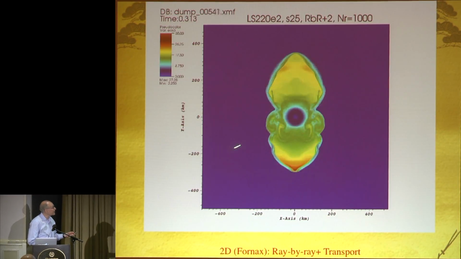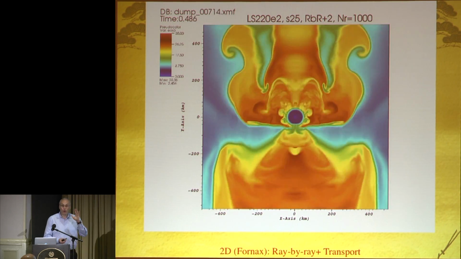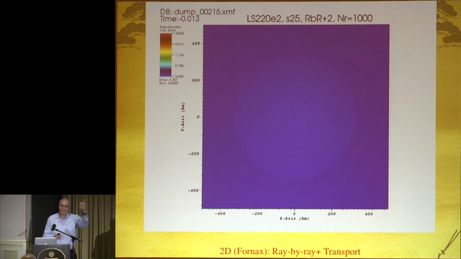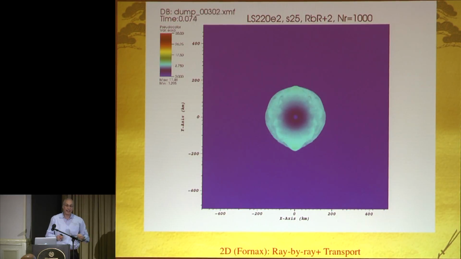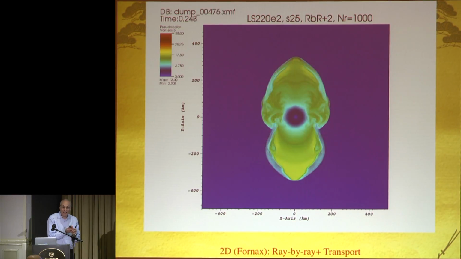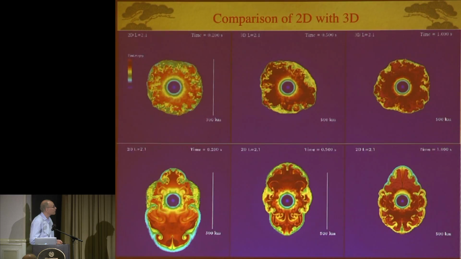And the reason for this is that along the axis, the transport is correlated with the axis behavior. And so you get it in phase. It phases itself. So when you get significant anisotropies, pole-equator anisotropies, you amplify the problems with the ray-by-ray approach.